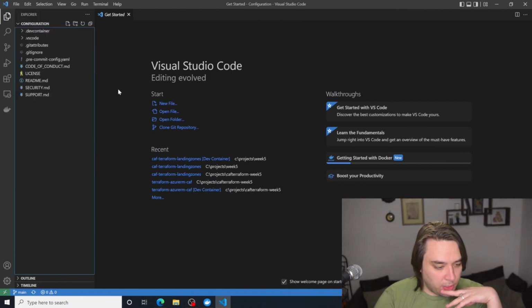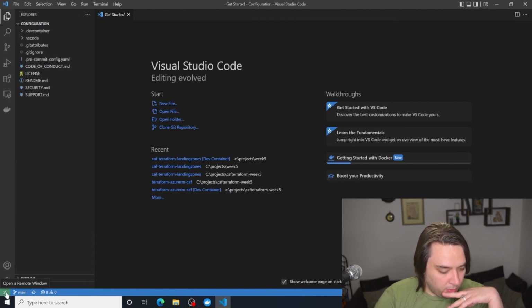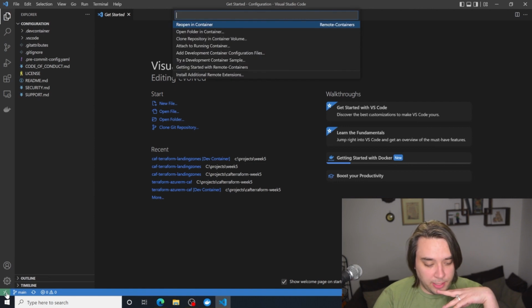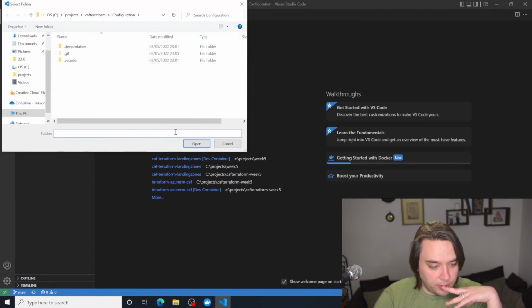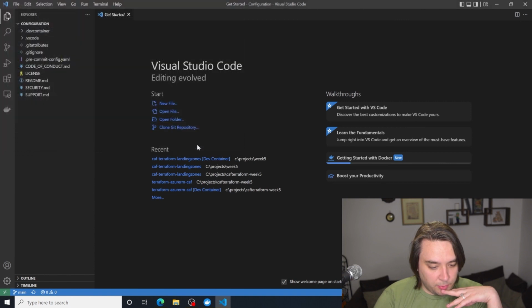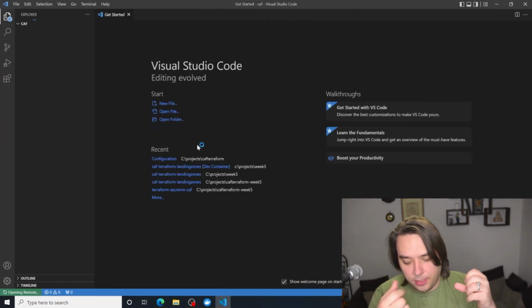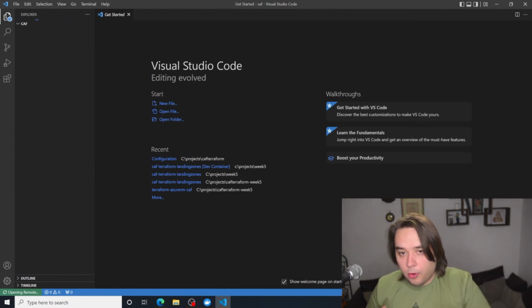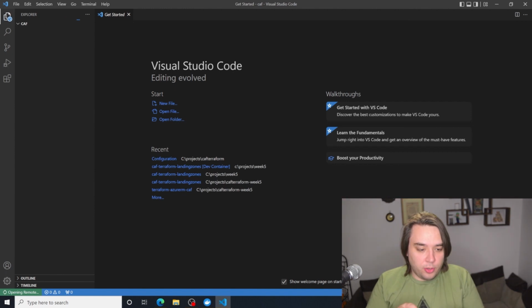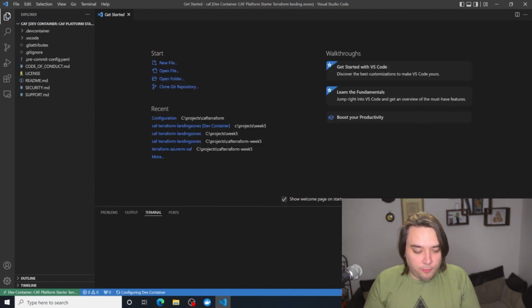Now we're going to click on this little button at the bottom left, then click on open folder in container, and then click on open. Right now we're going to launch our Rover container locally on our machine, and we can then work with it.